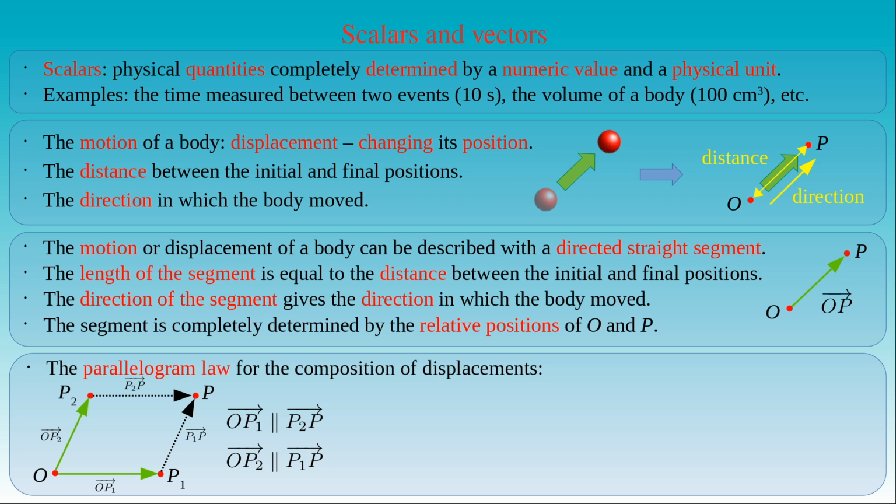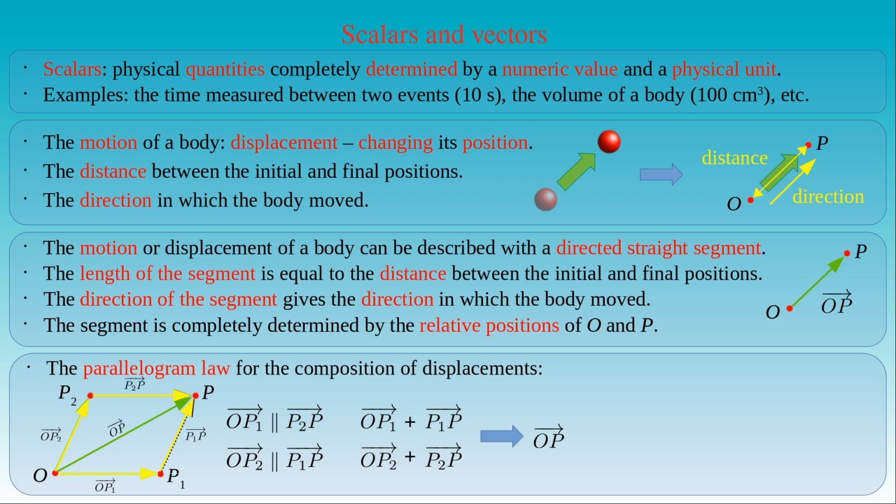Now there are two ways to reach the point P from the point O with these displacement vectors. In the first way, we move along the displacement OP1, and then along the displacement P1P, which is equivalent to the displacement OP. In the second way we take the route along the displacement OP2, and then along the displacement P2P, which also gives the net displacement OP. Then the parallelogram law states the following. The net displacement OP of the two displacements OP1 and OP2 is given by the diagonal OP of a parallelogram